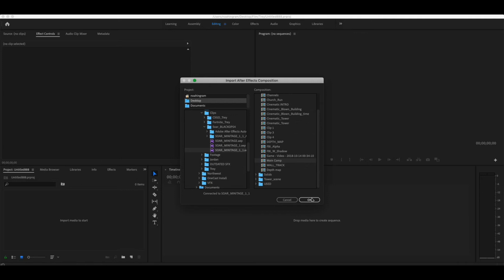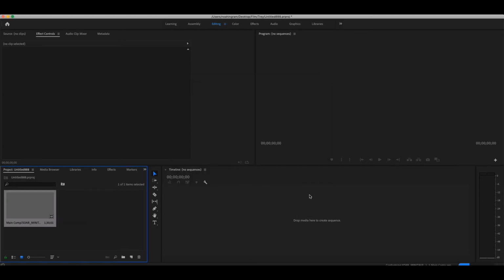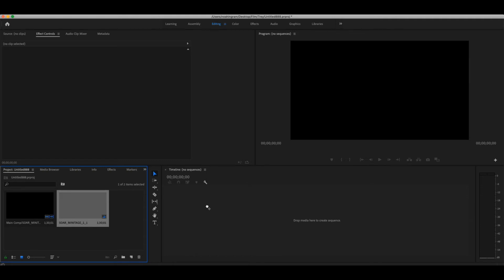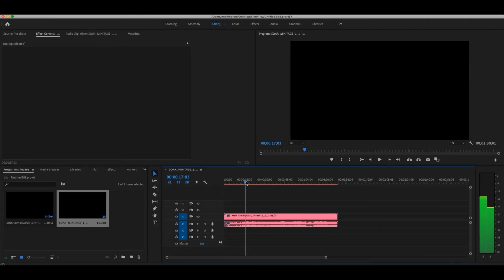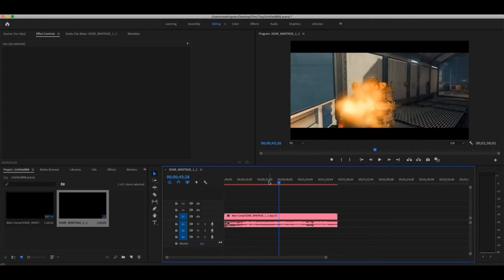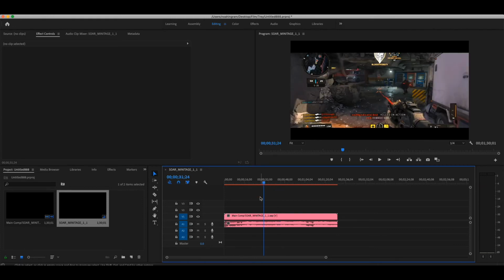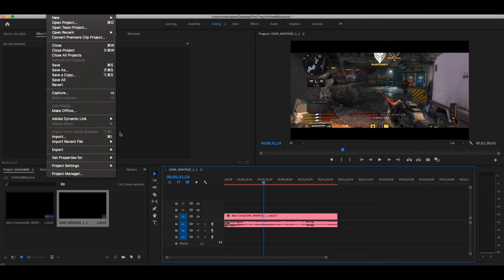This shouldn't take that long. The actual loading of everything took about a minute. And then just drag it in there where it says create a sequence, and like I said, it shouldn't take that long. It'll be done pretty quickly. And what you'll do after you're happy with it, you'll just go to File, Export, Media,